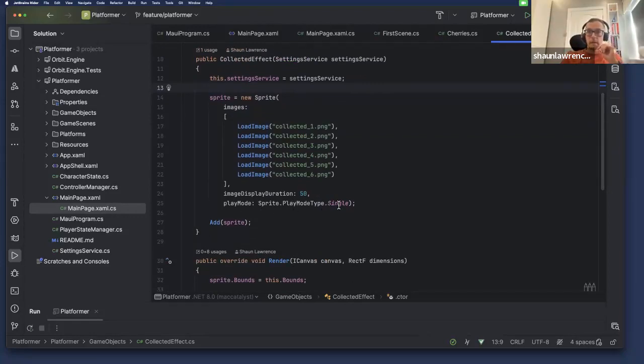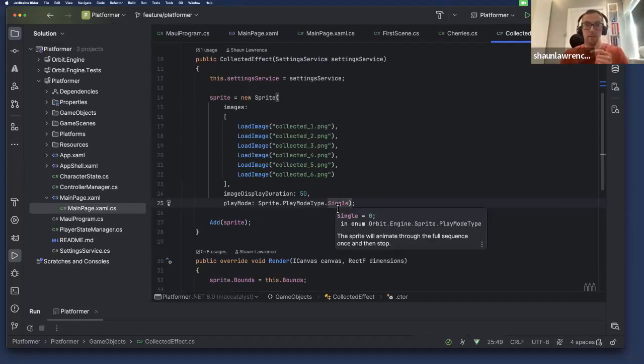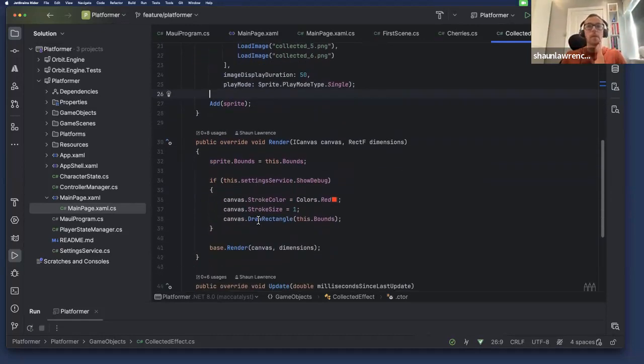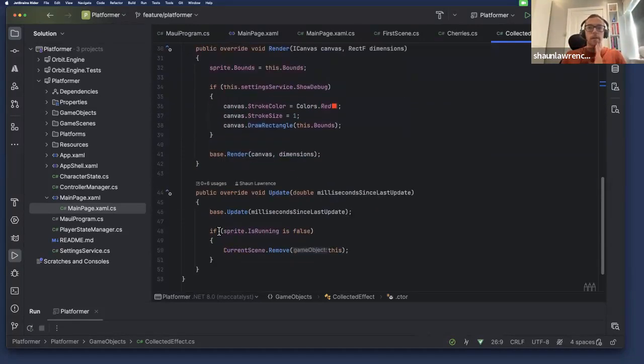We have a separate play mode type, which is single, which means it's not going to loop. Typically, by default, a sprite will continually loop. You can change it so it'll just play once and then it'll stop. And once the sprite stops running, we remove it from the scene to tidy up after ourselves, just to make sure that there are no leftover game objects.